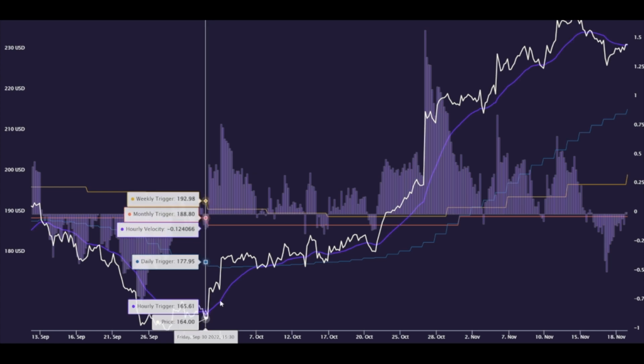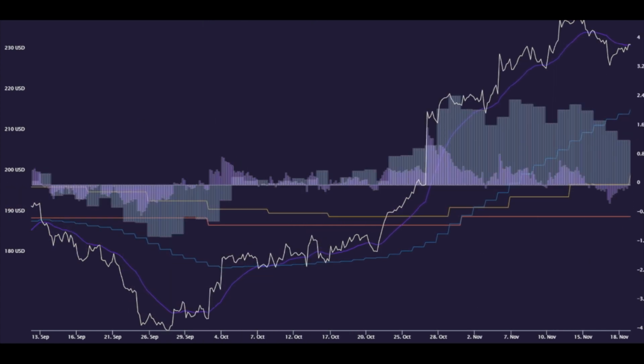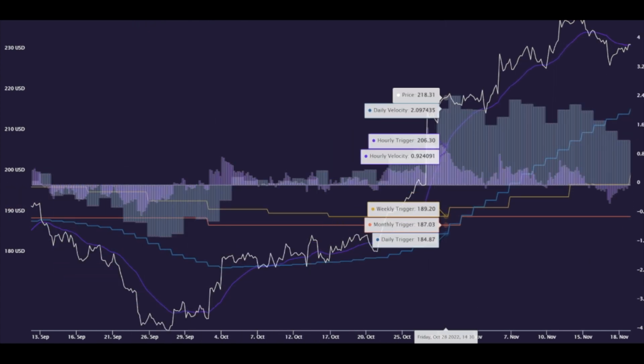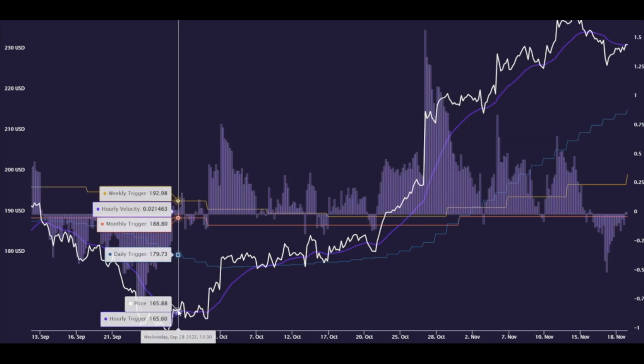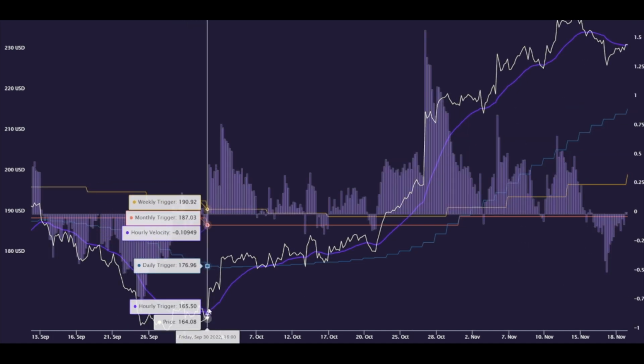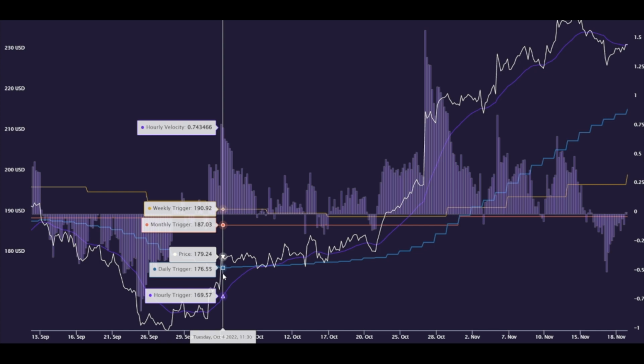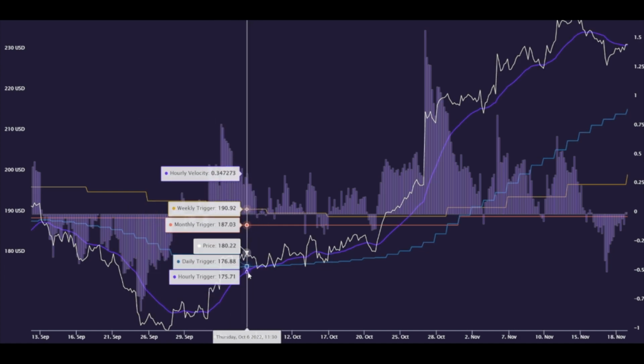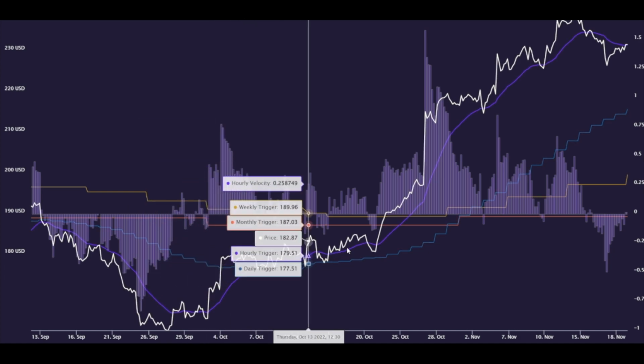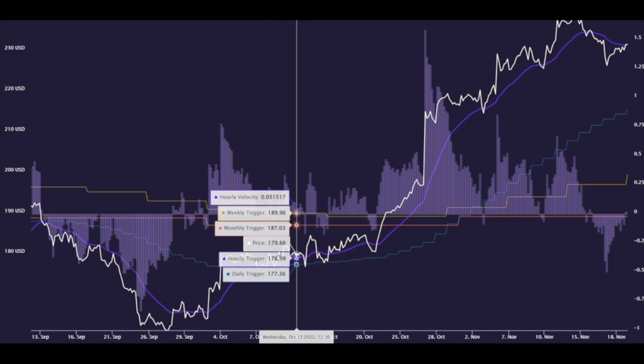Price made a reversal because the daily velocity was pretty nasty to the downside. Price had to fight a bit at the hourly trigger to break above, but once it did, it magneted straight to the daily trigger before drifting above here, waiting for the hourly trigger to cross up. The hourly trigger finally did cross up, and there was about a week or two of stagnant price action before